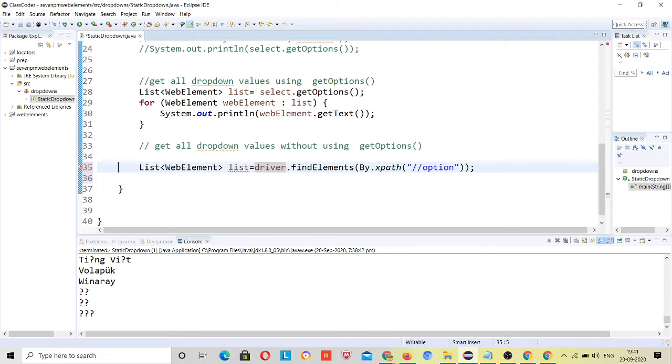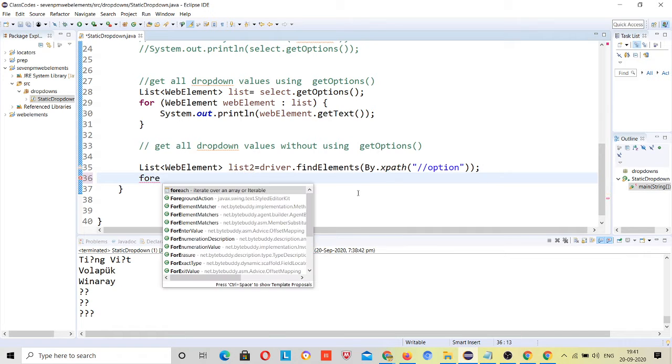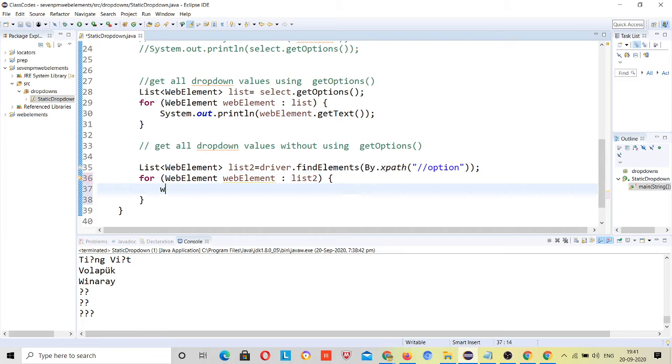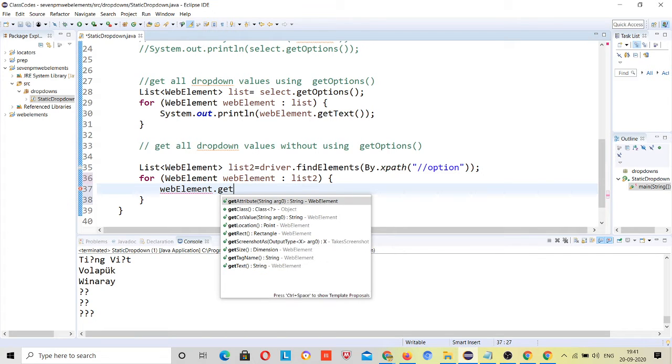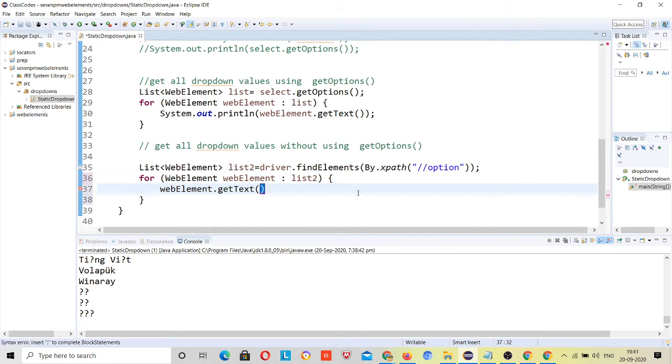And now you can print this. You need to change this too, right? And just use a for each loop and the same process, web element dot get text. You can print this. Comment this.